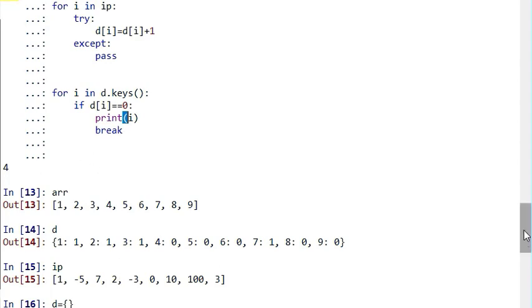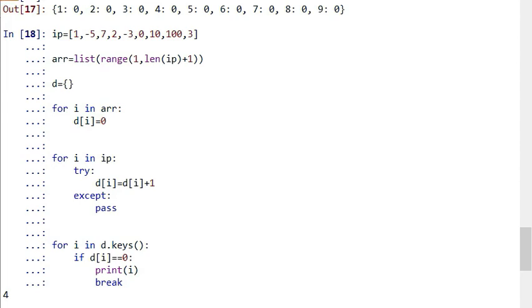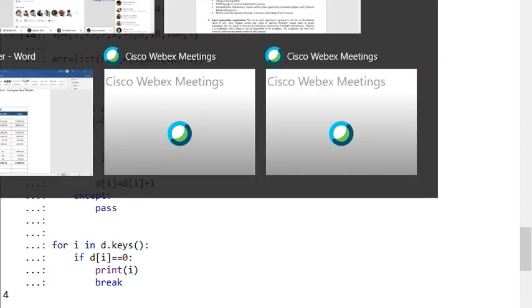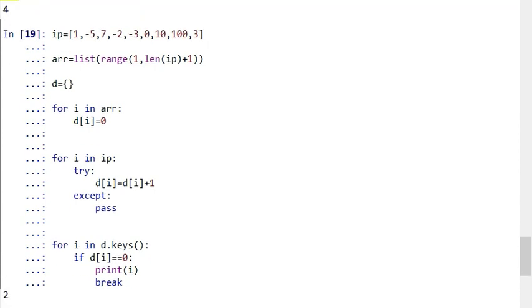Let me run this once. I'll put the code in the link. You see the output is 4. Now, this is the question I put on LinkedIn, and this is the array I put on LinkedIn. Previously, in the upper portion I was using plus 2, so the output was coming as 4 instead of 2. Now the output is coming as 2. So this is the exact LinkedIn question, just so you don't get confused.